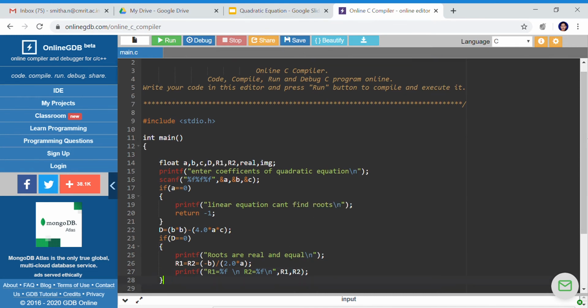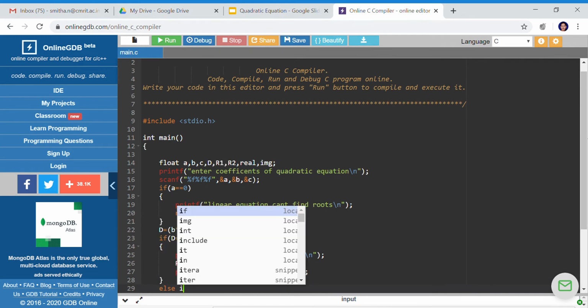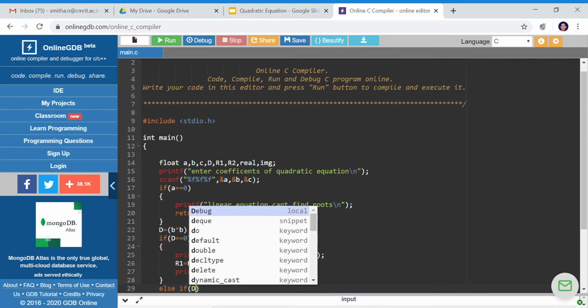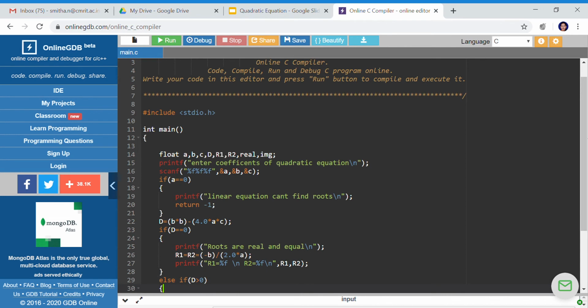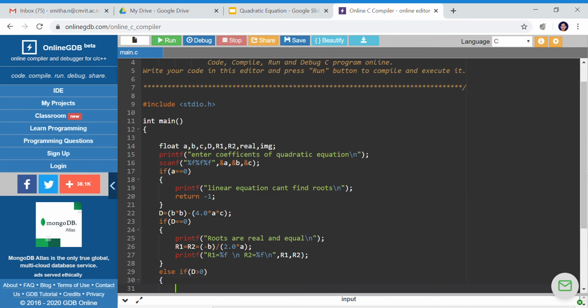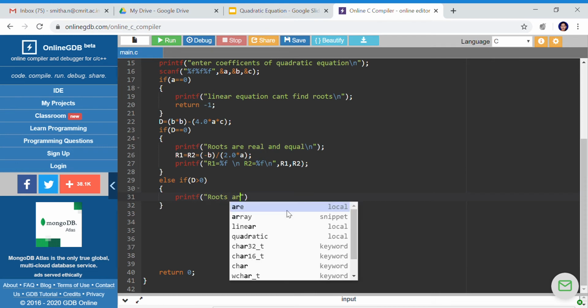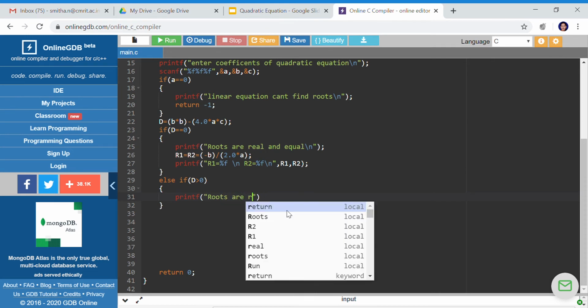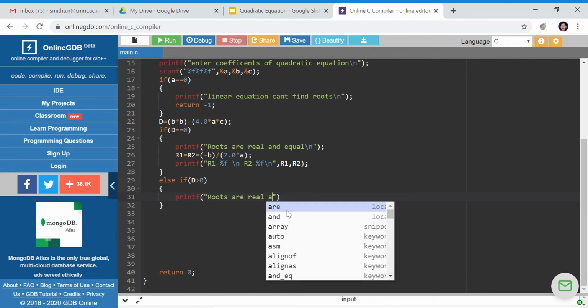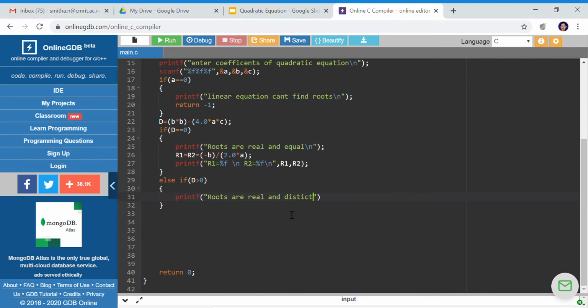If this is not true, I'll go to the else part. Else if d is greater than 0, then you just print the message saying roots are real and distinct, meaning different.